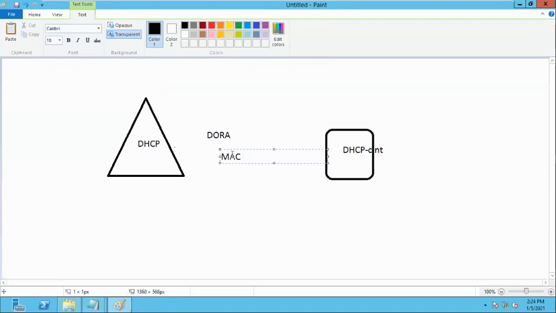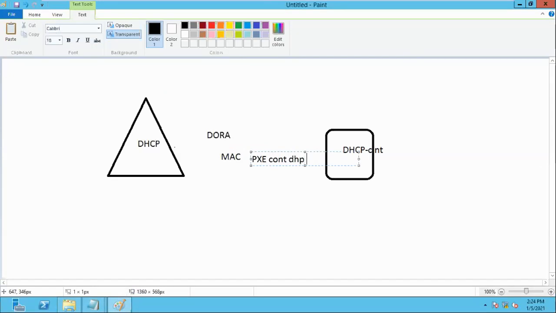So with the help of the MAC address, how does the PXE chip, pre-execution environment, work? It contacts the DHCP server.